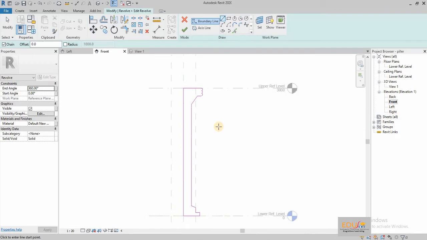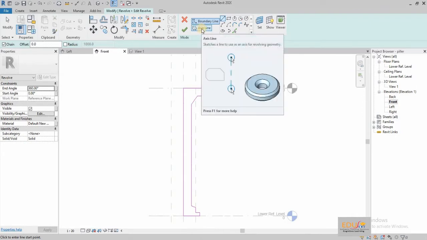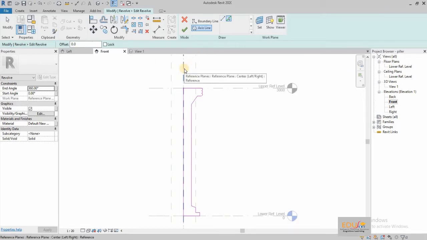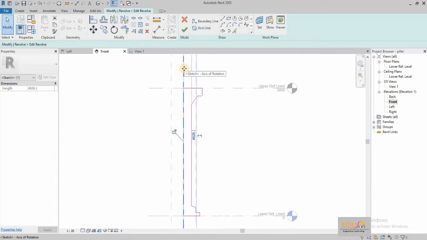take the axis line option and draw or pick the axis line using draw tools. This is the axis to make the shape revolve around.